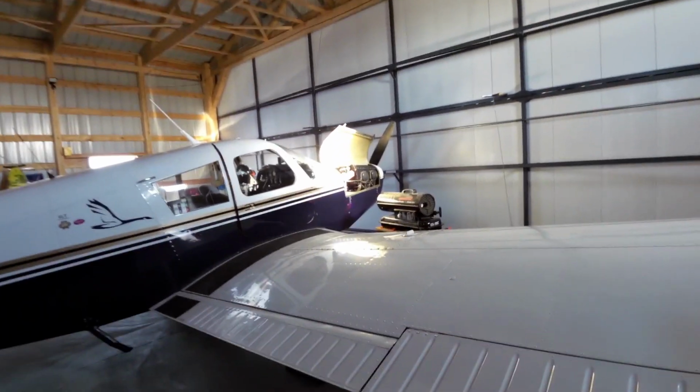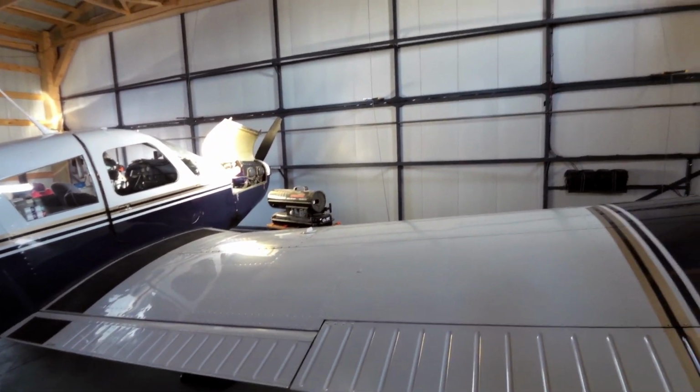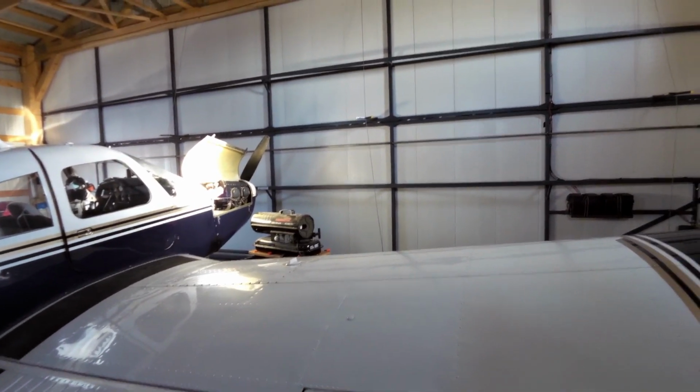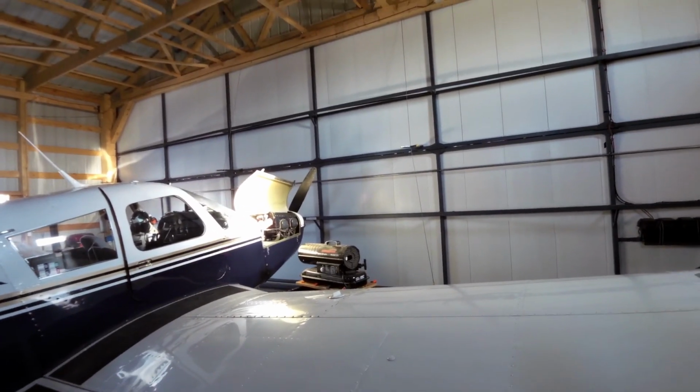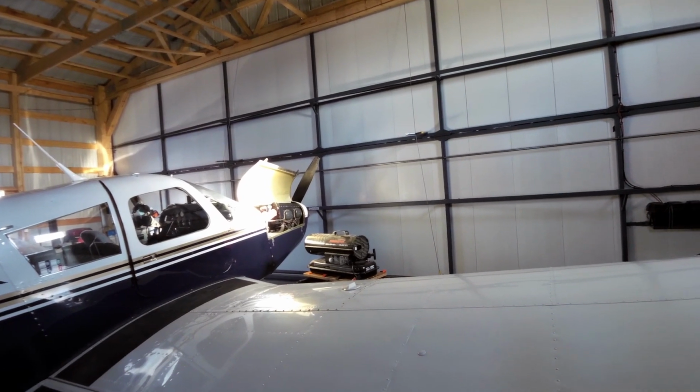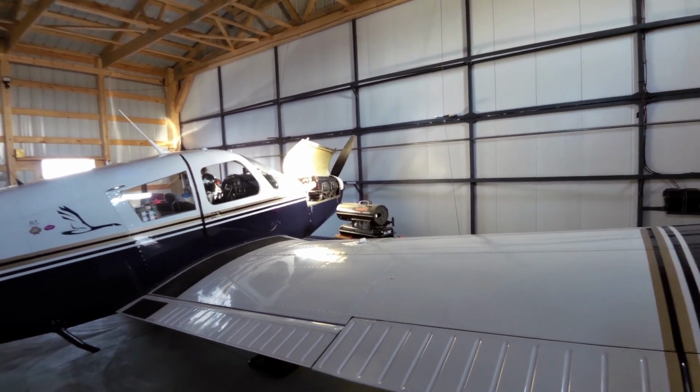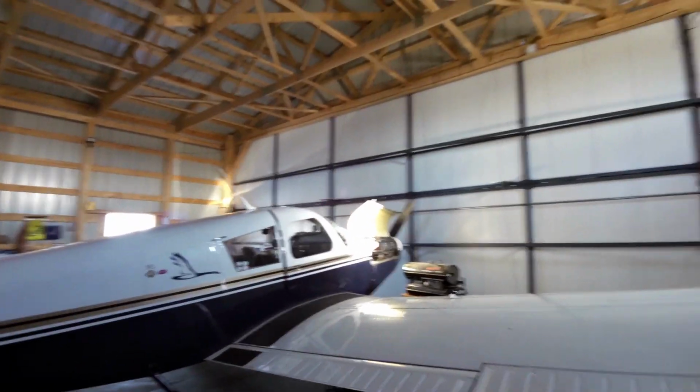Okay folks, you could probably hear the Remington working its way there now, heating up my engine. And what I'm going to be doing today is I'm going to check out, let's go outside here. Yeah, what I'm going to be doing today is taking the aircraft